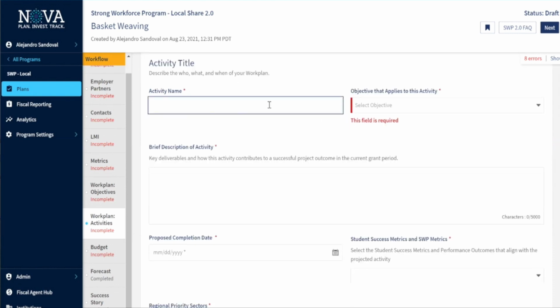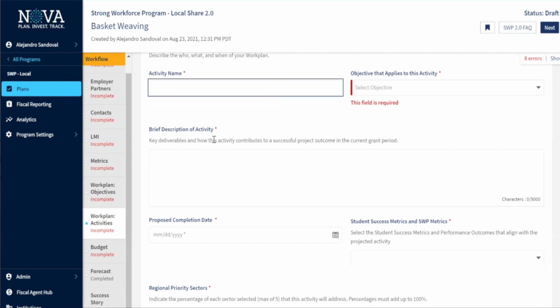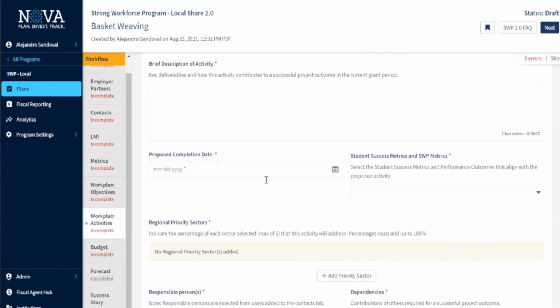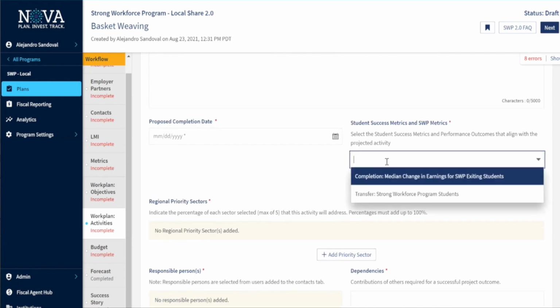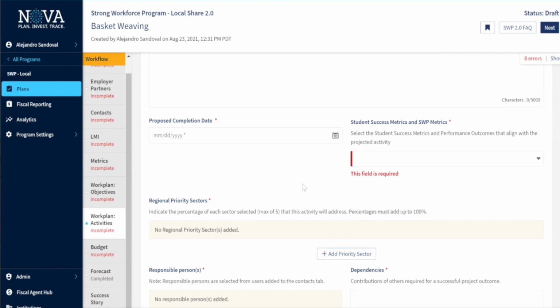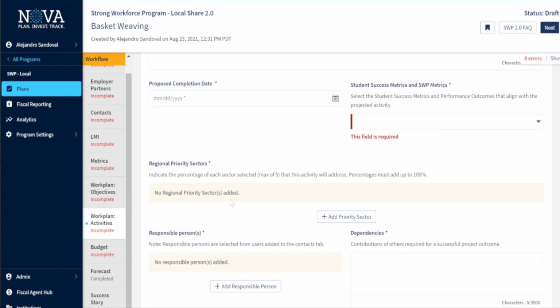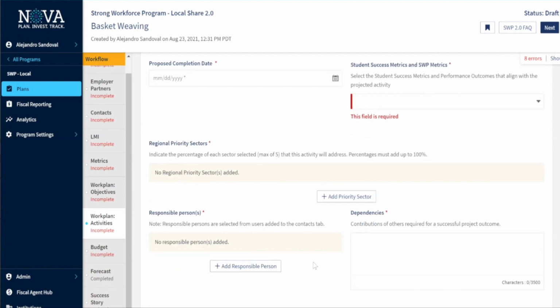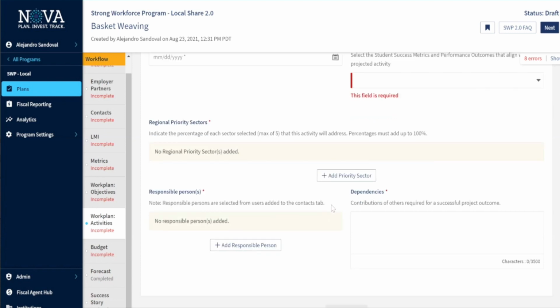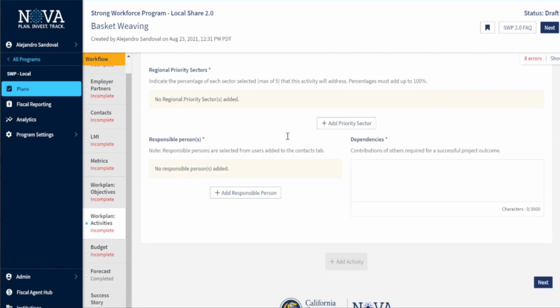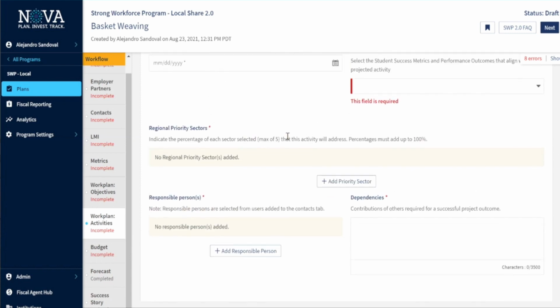You can enter the activity name that you created for this activity, the brief description of the activity, the proposed completion date. You get to select the metric that this activity relates to, the regional priority sectors, and the responsible person and dependencies. So these are all similar to what we had in 2021.